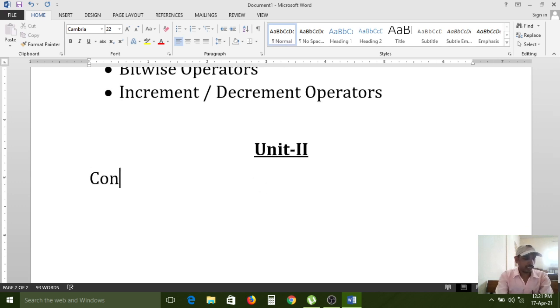Conditional statements. Actually, these are control statements. The chapter name is control statements.